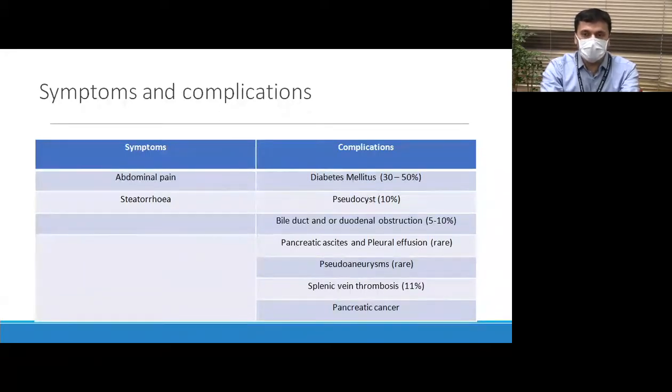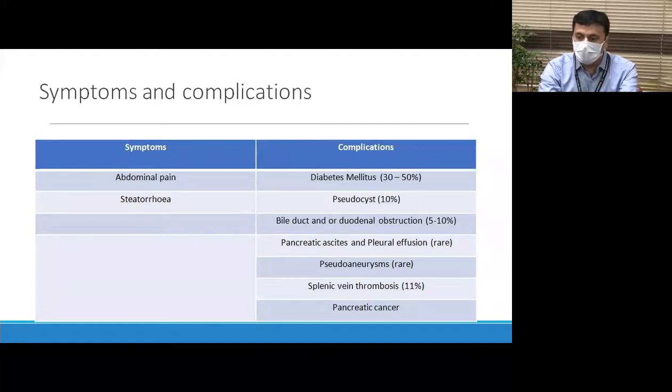The other theory for the pain is referred pain, by the convergence and close relationship of the sympathetic innervation of the pancreas and the segmental innervation of joints, muscles and skin in the lower thoracic spine. The other symptom could be steatorrhea, like I said, oily stools. Then the possible complications could be diabetes mellitus, which is seen in about 30 to 50% of the patients with